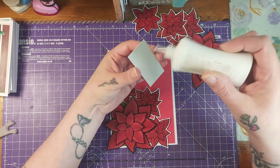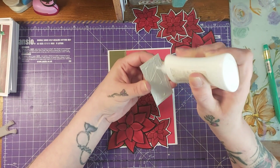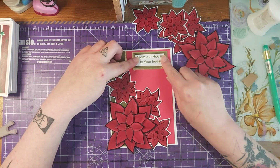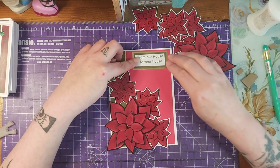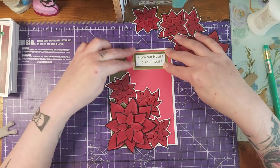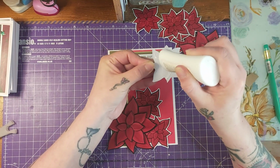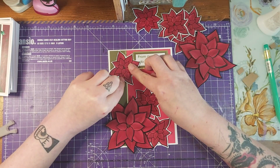So no more dimension on this card because I can't remember who it is for. And it says, from our house to your house. So let's put that up there. It's nice to pare back things every once in a while, isn't it? Instead of throwing everything at it, which is what I normally do. So that there, let's stick these down. So these are going to be flat. About there, try not to